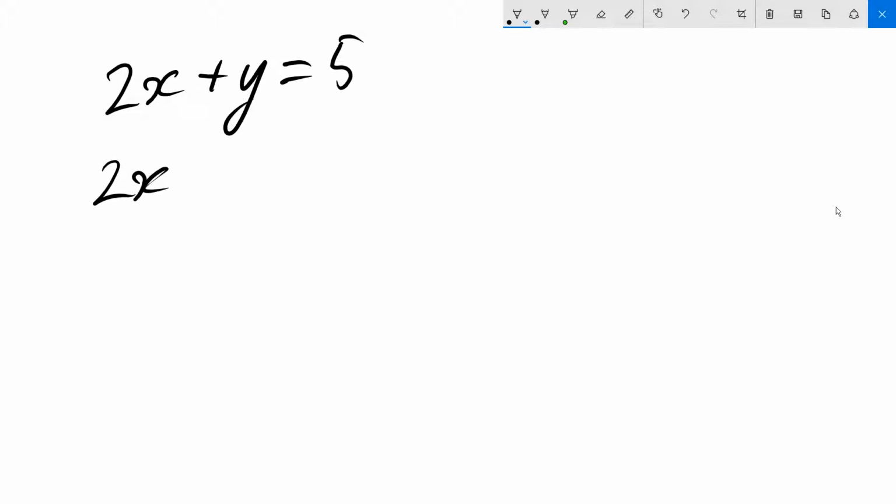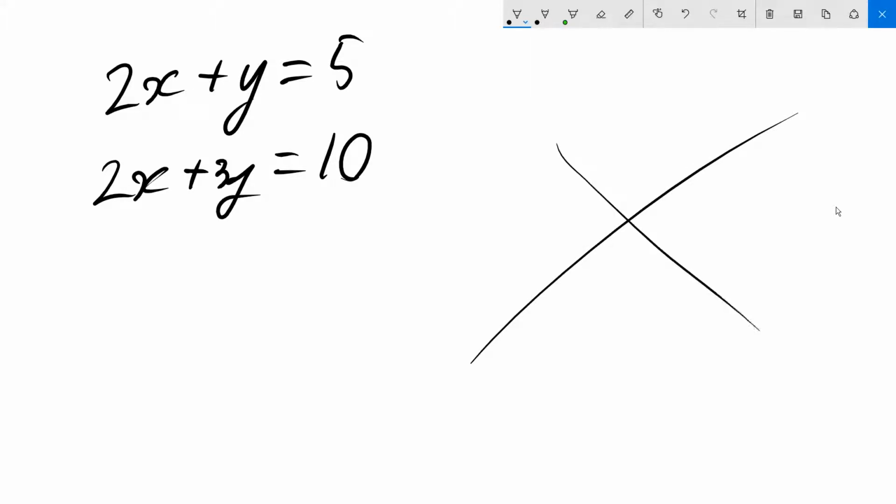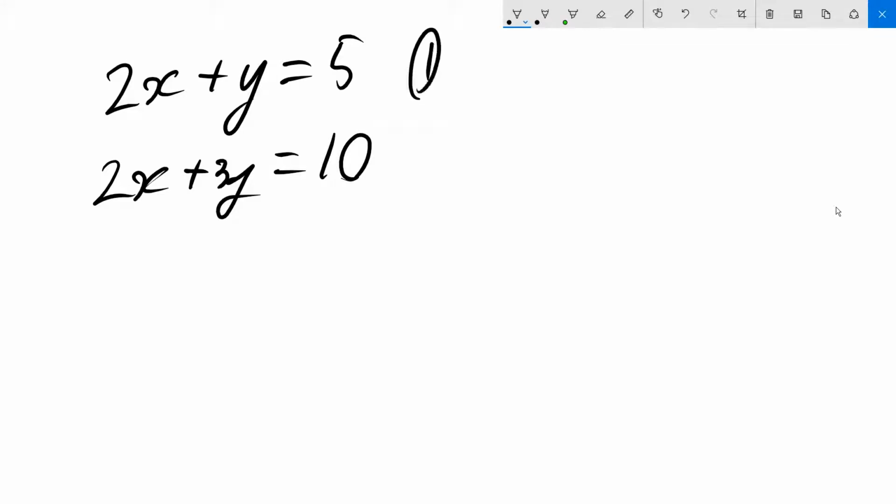Hello, and today we're going to be talking about simultaneously solving equations using the elimination method. So this method is only used when you have something like this. If you have equations like this and you want to simultaneously solve them, find that point, whatever that is, then we need to use a little bit of